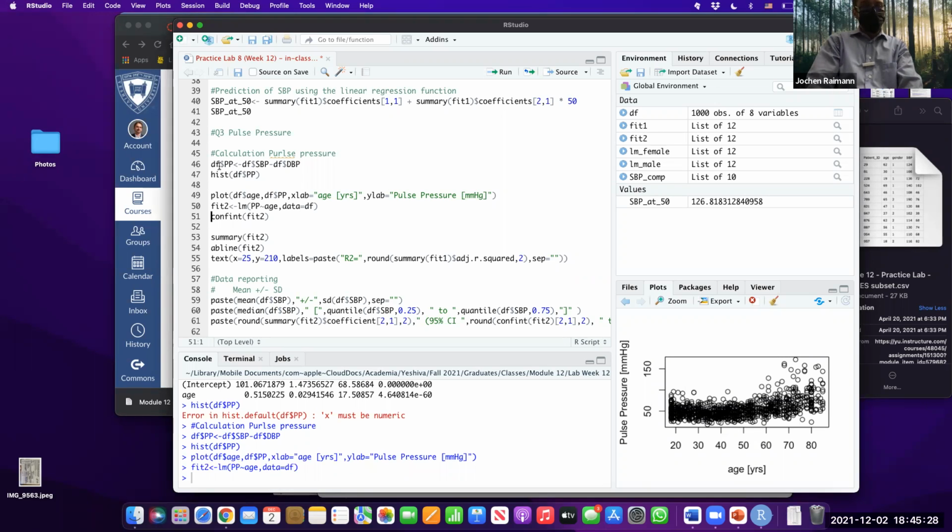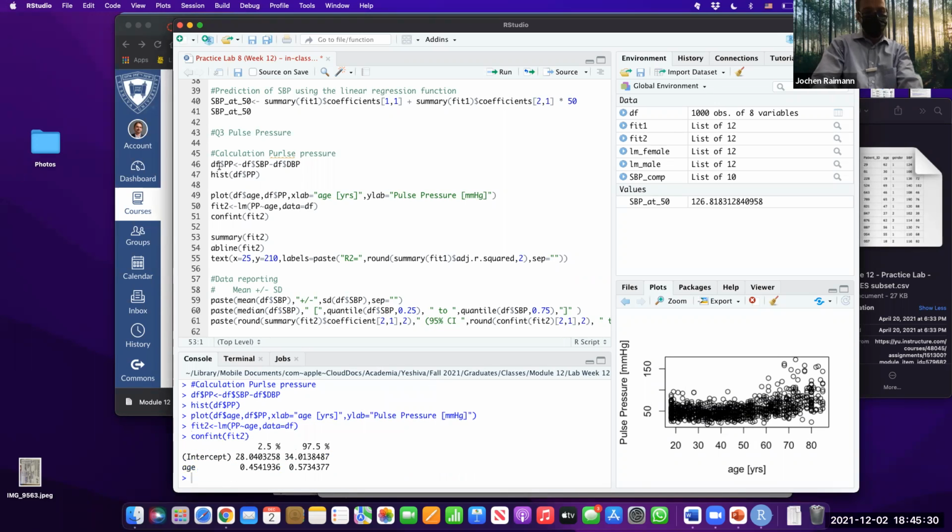When we fit that, we get a significant increase with age, so it's a significant predictor. And conf_int is a function that allows you to extract confidence intervals. Of note, with conf_int, you can explicitly extract